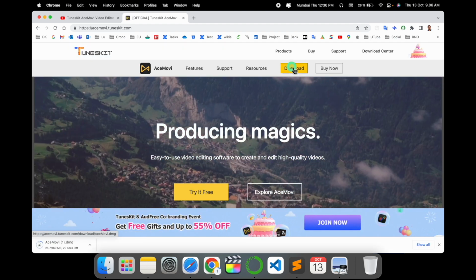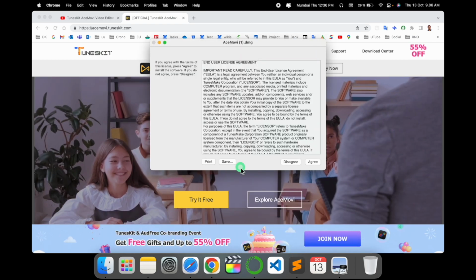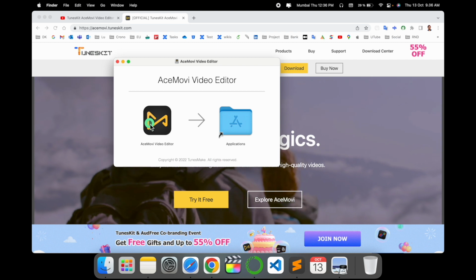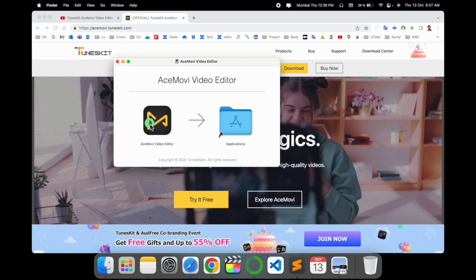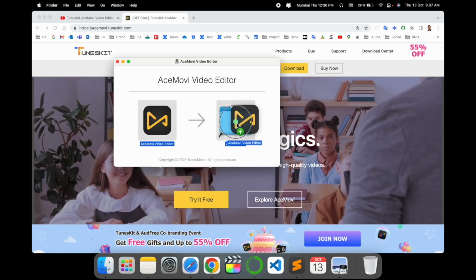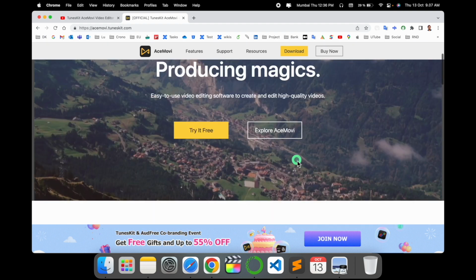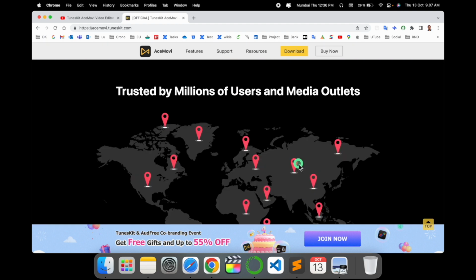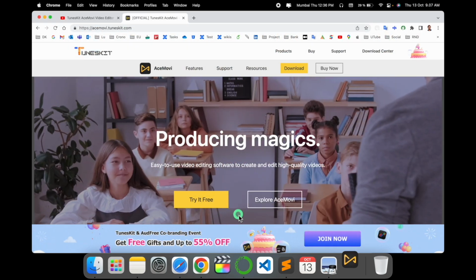We can click here to download. The software size is 160. After finishing the download, I click twice, agree. Actually I always use this software for video editing, and I publish on my YouTube channel. Simply drag and drop. The software is available for Windows and Mac also, depending upon which operating system you are using. It's very simple. After finishing the installation, the software comes here, and now I open the